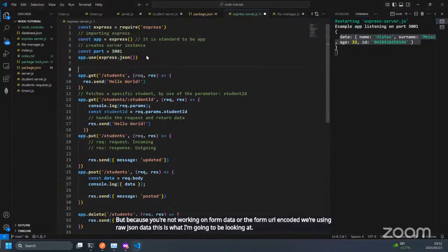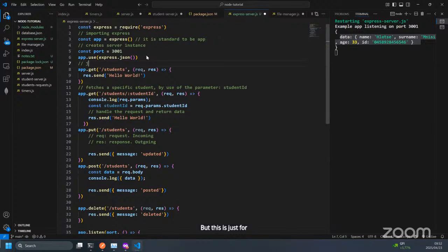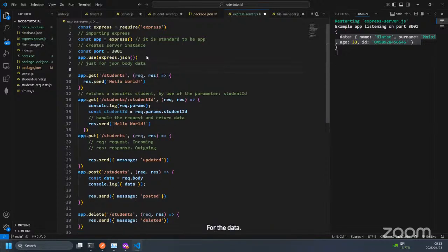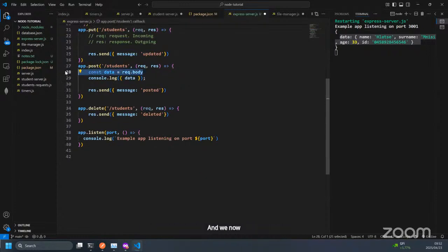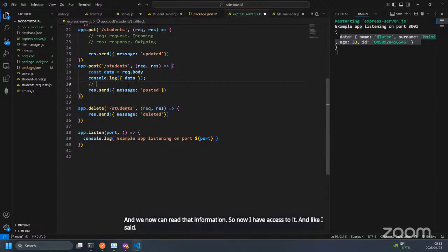But this is just for JSON body data. Other data needs different handlers. So this is specific to the data that we're currently working with, and we now can read that information. So now we have access to it, and like I said with the get request, down here you now have to handle the request